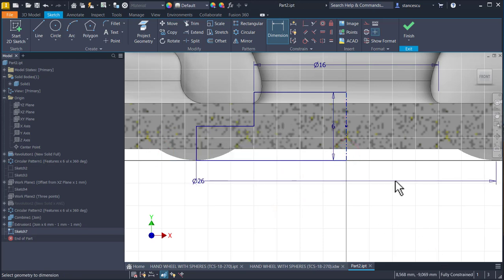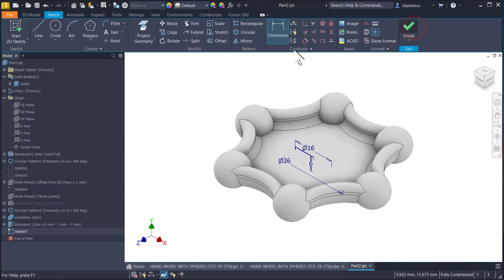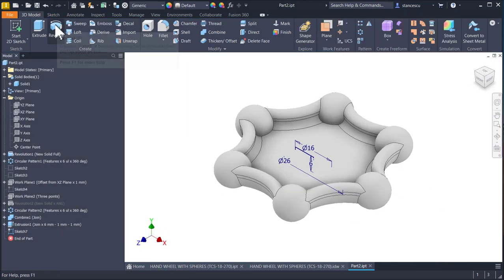Now we have a fully constrained sketch. Finish, revolve. I don't know what happens with the... no problem. Revolve,